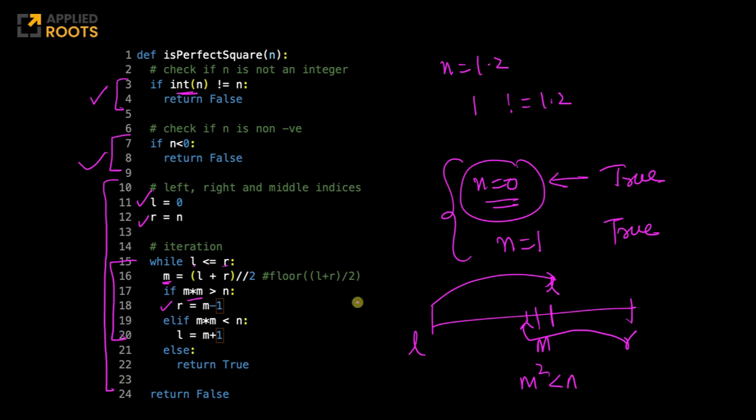At any point, if you find an m where m square equals n, you have to handle that case. That's why you have this if, elif, else. The else will work only if m square equals n. If you find such an m, you just return true. If you don't find it at the end of the whole loop, you just return false. Again, there are many correct ways of implementing binary search carefully, but just make sure you're writing all the test cases carefully and working them out.